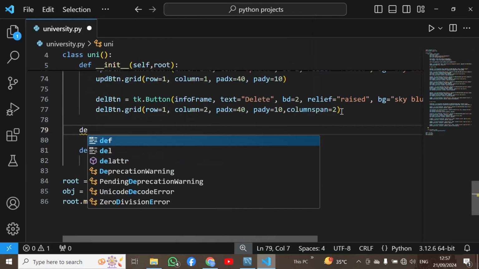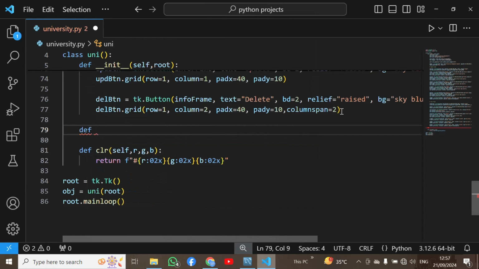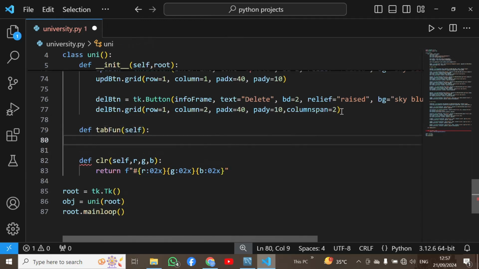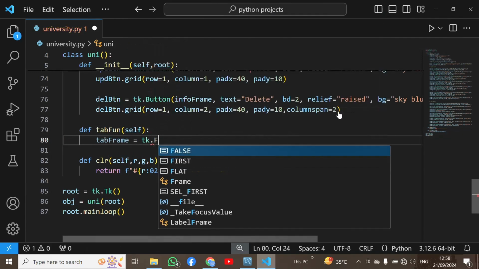I will define a function by using the def keyword, and then I have to create the tab function. This is our tab function for the table. I will pass self as a parameter, and then I will go to the next line, and here I will create a new frame, that is tab frame, and here I will create the frame with tk dot frame,